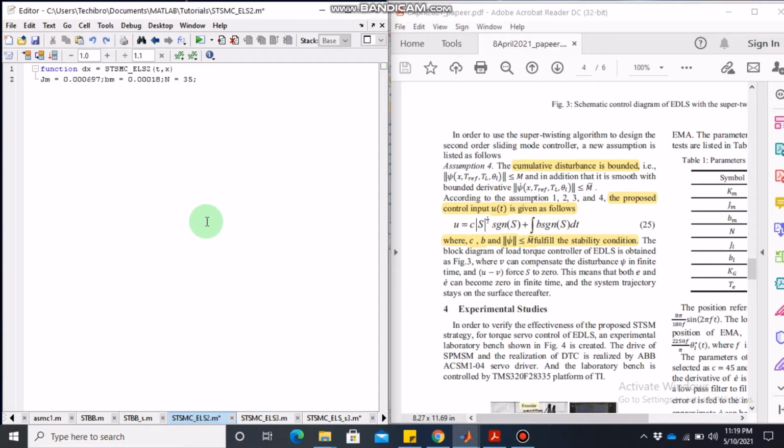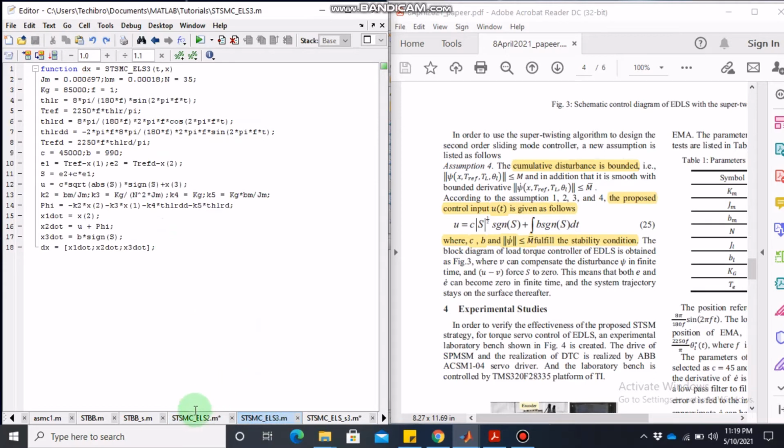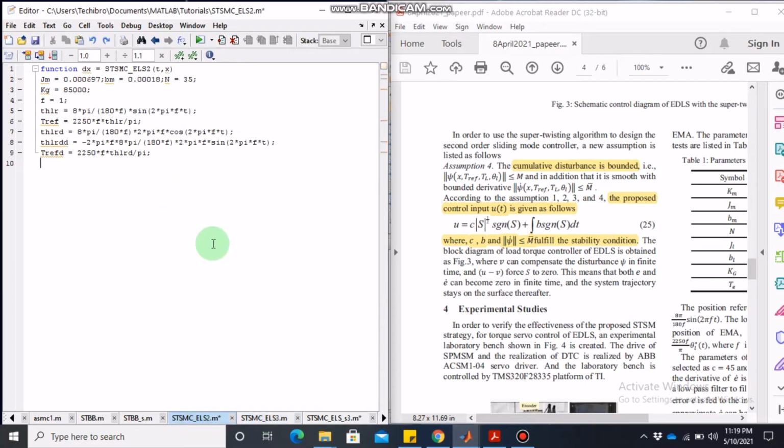So this is the same file as before, writing the constant values as given in the paper: theta L reference, tau reference, derivative. These are all exactly the same code that we have already written here, so don't worry about that. So E1, E2 definitions are exactly the same. The only difference is that instead of defining the sliding surface, we define the U control to be PID control,